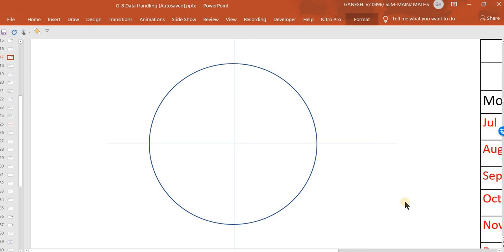For this, I'll just click outside somewhere here and select the circle. On selecting the circle, the horizontal line is a diameter of the circle. Now, if you see that vertical line, the blue line, it is a little right because it is not passing through the vertical marks on the circle. So I just have to move it a little left. So I am selecting these lines and then moving them a little left.